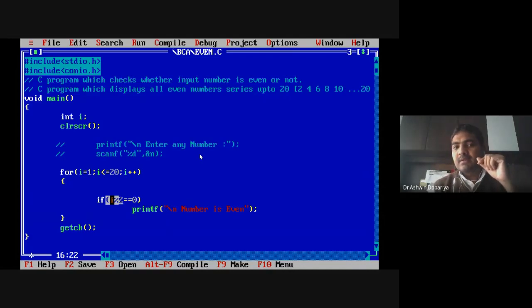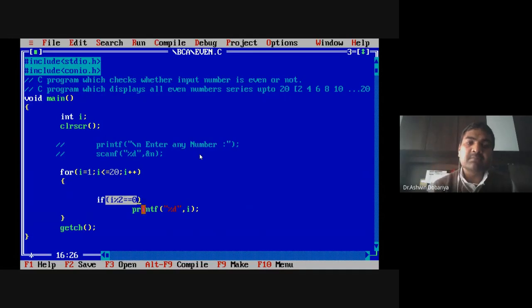If number modulus 2 is equal to 0, then instead of the message, I will print the value of i. I want to print such a value of i which divided by 2 leaves remainder 0. It means it is an even number.